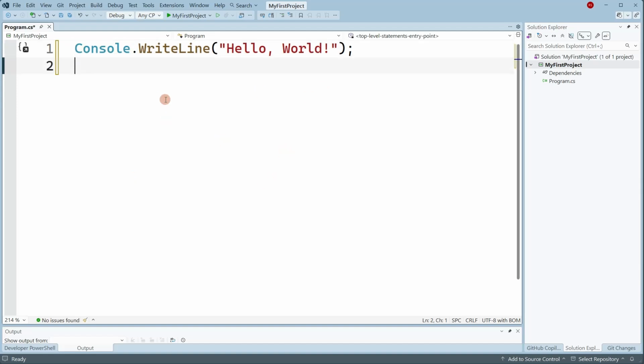So here is where I write the program. This window here is called the code editor. That's your central location, and that's where you write code. This here is your Solution Explorer. This location is where you see all the files, all the settings, and everything else that comes with your project